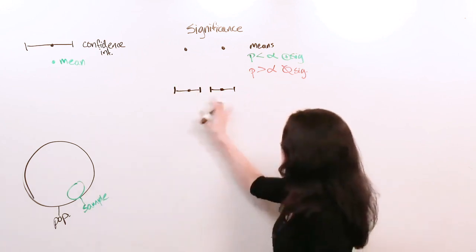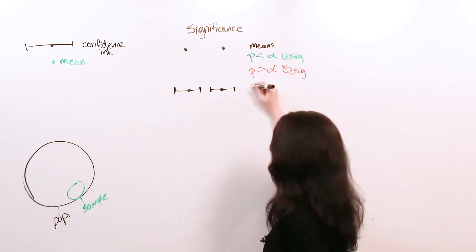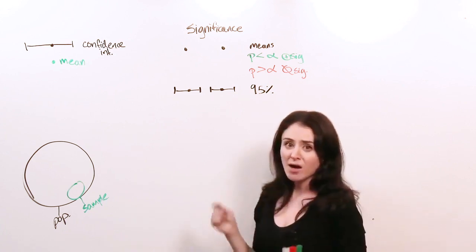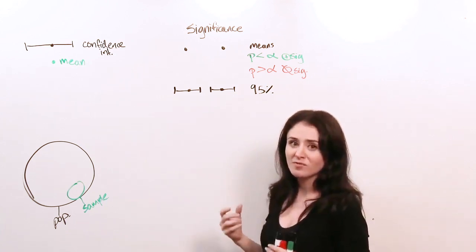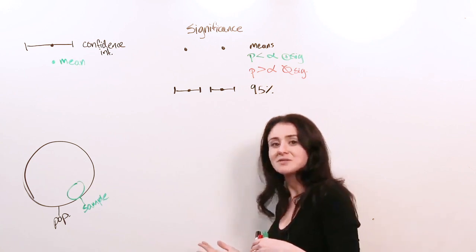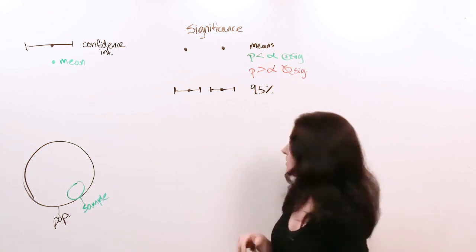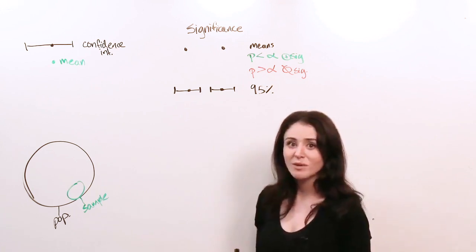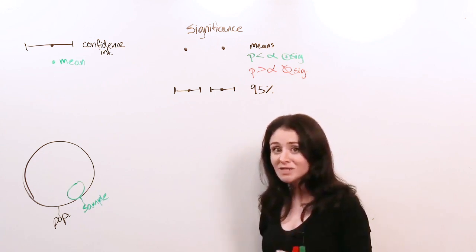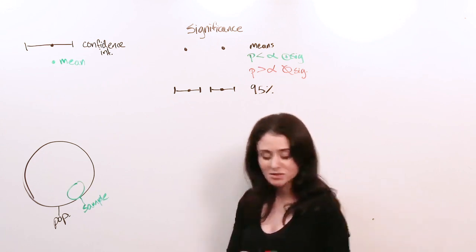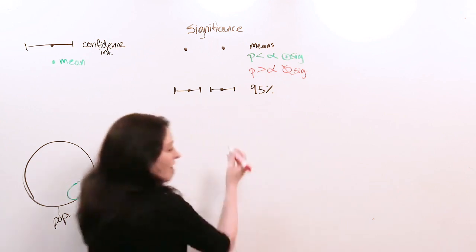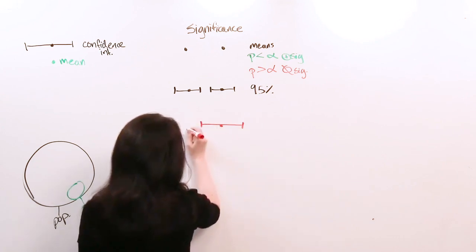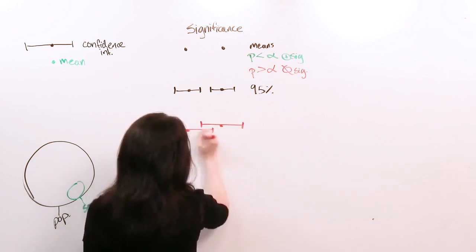So comparing our two means with a 95% confidence interval is equivalent to using a cutoff of alpha of 0.05. 95% confidence interval, same thing, alpha 0.05. So now, instead of comparing p to alpha, what we're going to check is whether or not our two confidence intervals overlap. So if we have a confidence interval that looks like this and another one that looks like this,